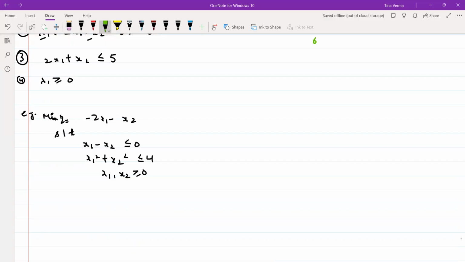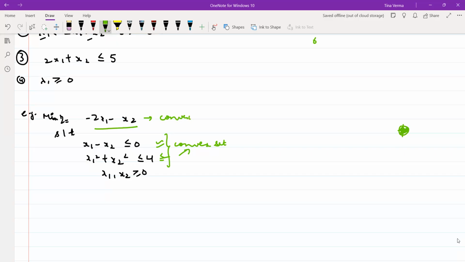For applying the KKT condition, you have to check your convexity, right? So this is linear. This is my convex set because this is a closed half space. You remember this is a circle with radius 2 and center 0, 0. So this is also my convex set. This will form the intersection of convex sets. This is also my convex set. So these sets will form my convex set. And this again, this is the line. You can also check by Hessian matrix. This will be your convex set.